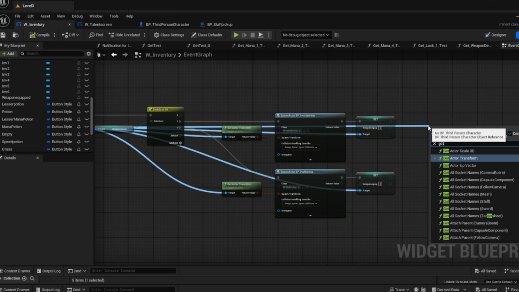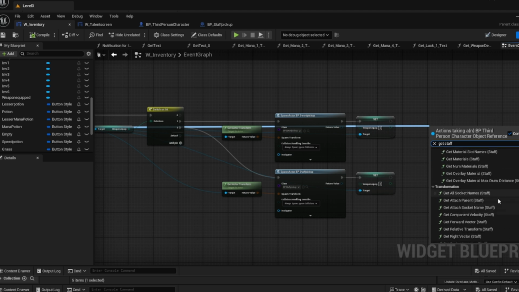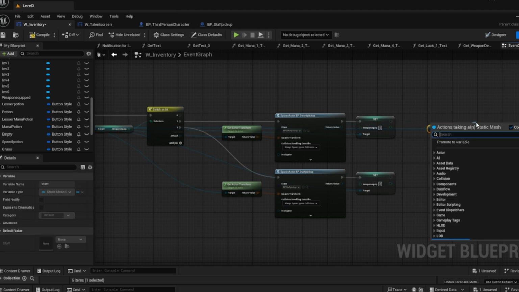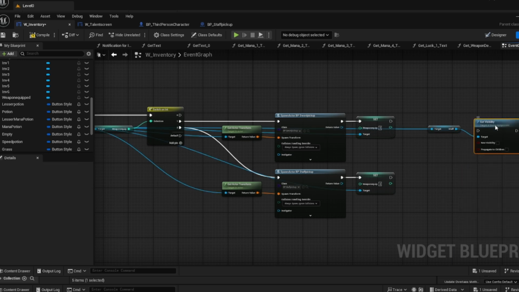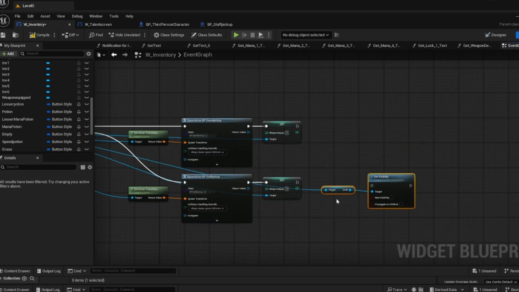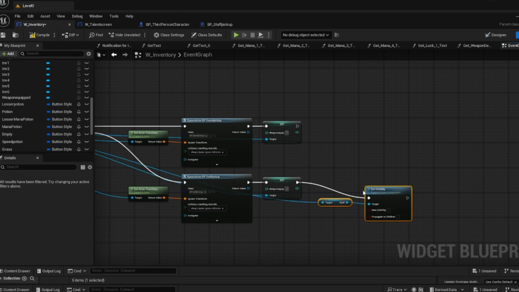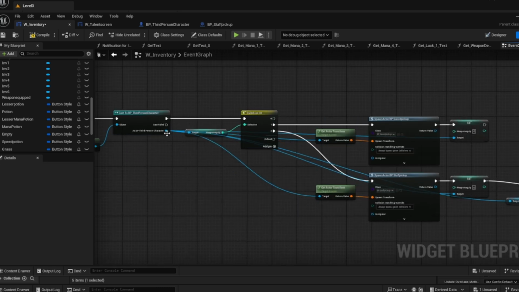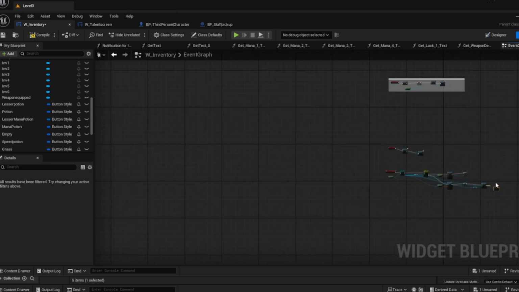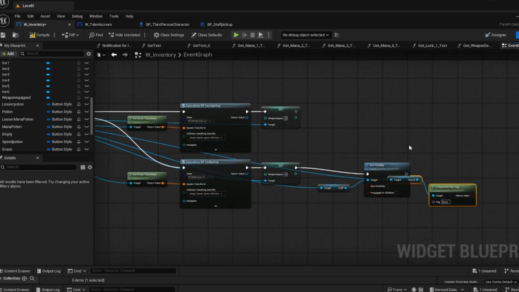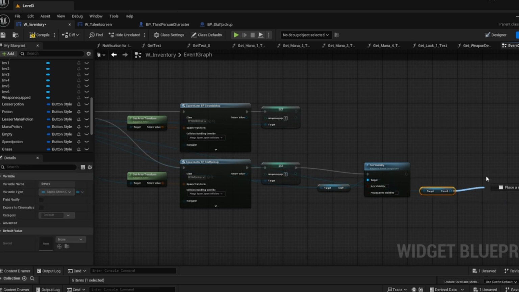We need to get the staff, and then visible, and then make it invisible, and then also get the sword. Oh my god. Yeah, get the sword, and then